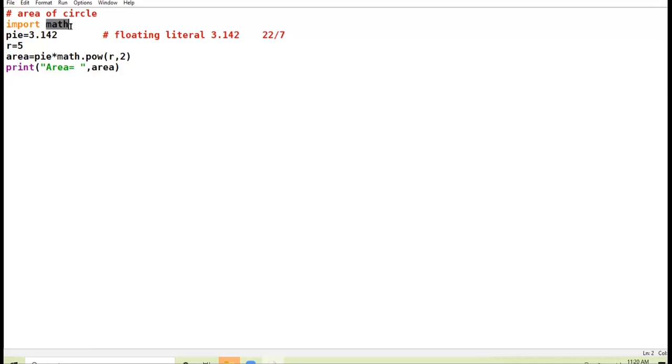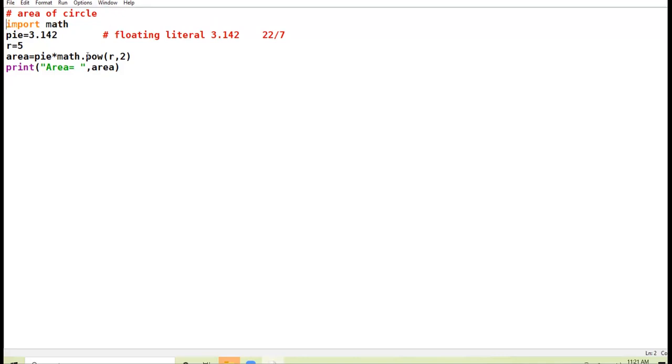This is what I have done here. My power function is inbuilt function of this math module, so I have imported the math module inside my program. Then only I can use this function. If I am not importing the math module, I am unable to use this function. Okay? Am I clear?